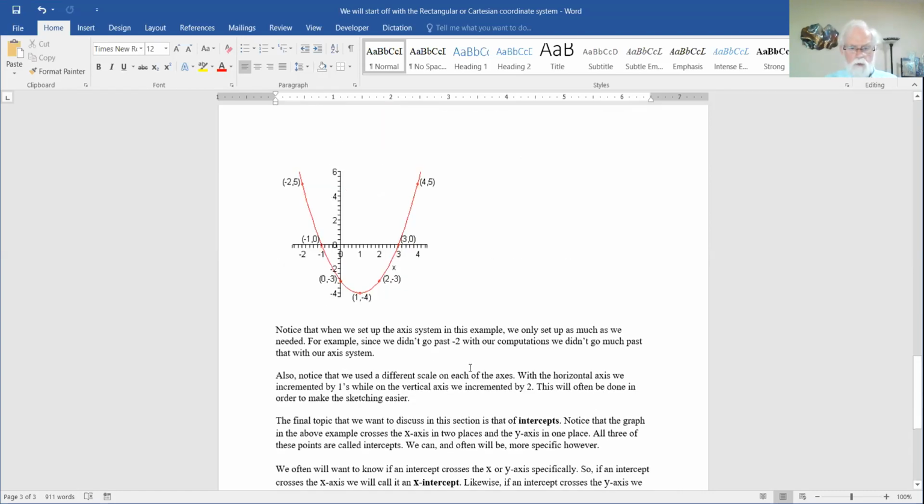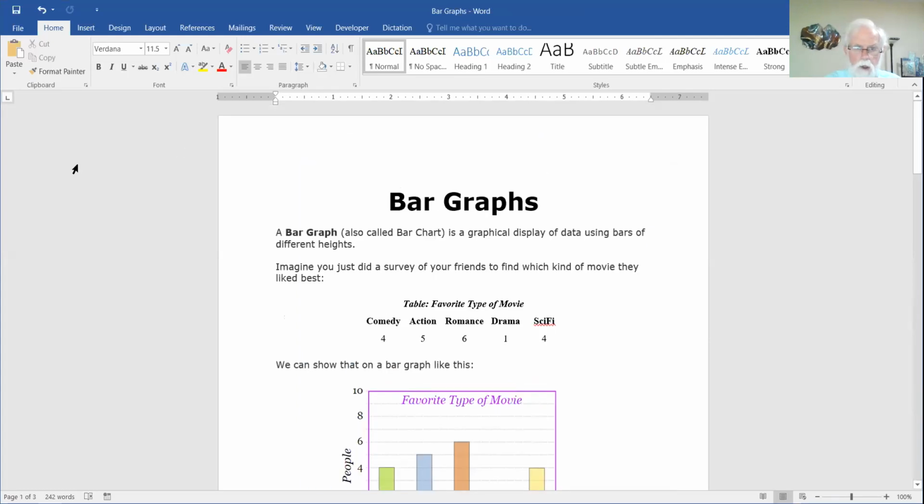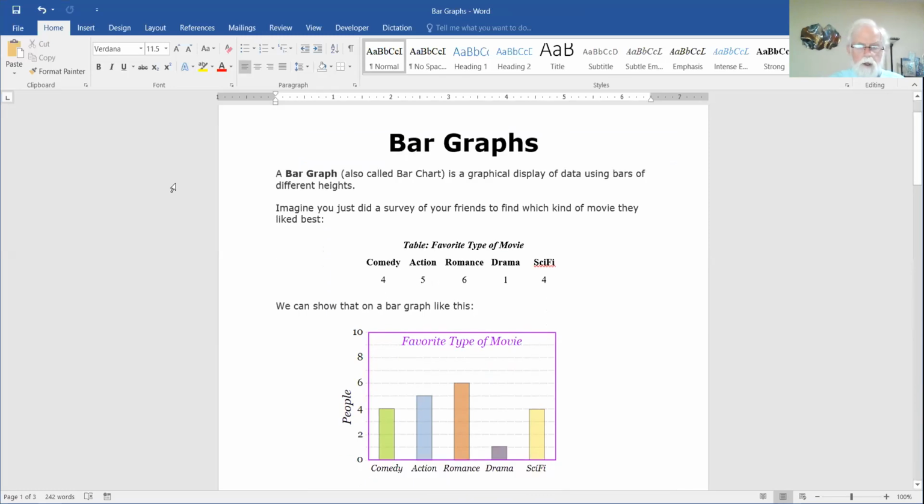I want to go to discussing the kinds of graphs that we are dealing with. So let me pull up, okay. I'm going to start with bar graphs. You're quite familiar with these. What they do is present information that we've derived in a,